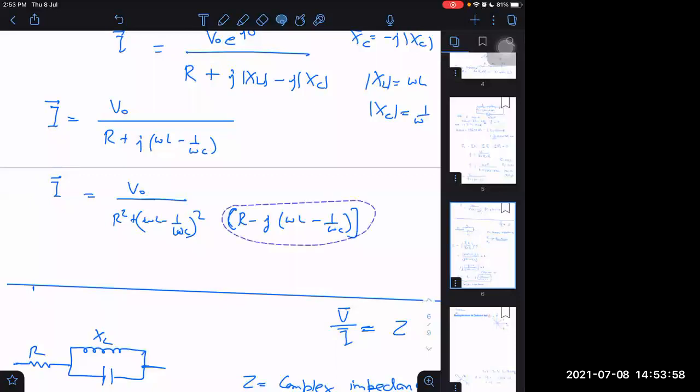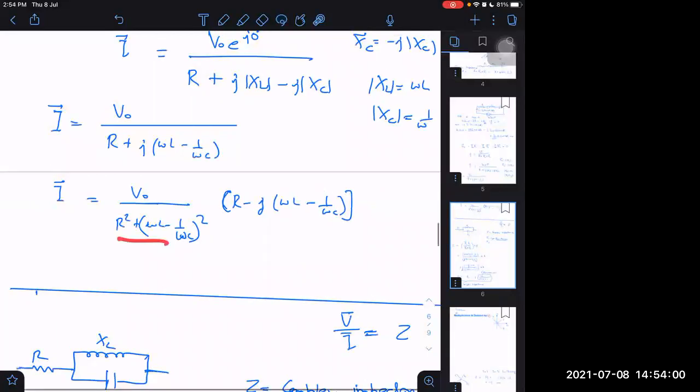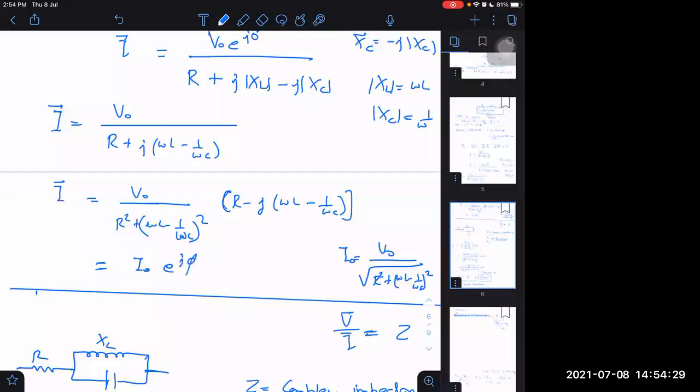So let us say I did the calculation. They had given me omega L, etc., and I got the calculation, and even after multiplying this also, I got the total as I naught magnitude wise. If it is I naught total, what would I naught be? I naught would be V naught upon the square root of R square plus omega L minus 1 by omega C, whole square. This will be I naught. I have got I naught, but I have to multiply with j and phi. That phi you have to obtain. Till now you have not obtained it yet. How to obtain phi?